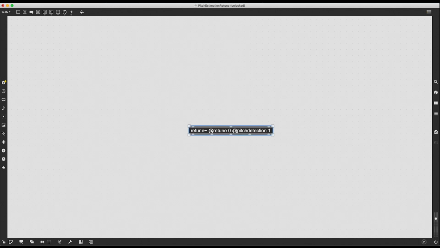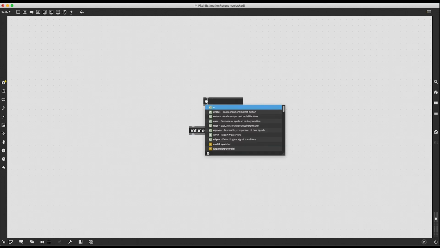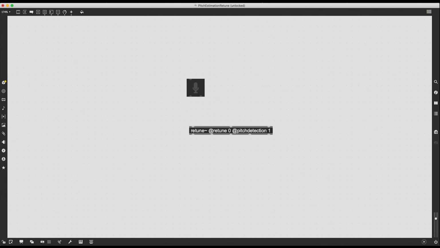What we have to do now is to work with a mono stream of audio, a single channel of audio. Retune does not work with stereo. We do not need to put in two channels of audio. So I can simply type in ezdac~, audio to digital converter, so basically a microphone input, and I'm going to take the first channel, the first output of this object, and put it in retune. If I lock the patch and if I click on this microphone, now it is sending the audio data,